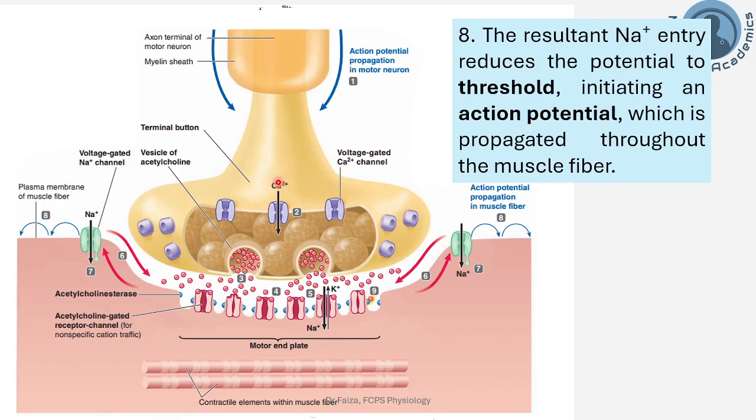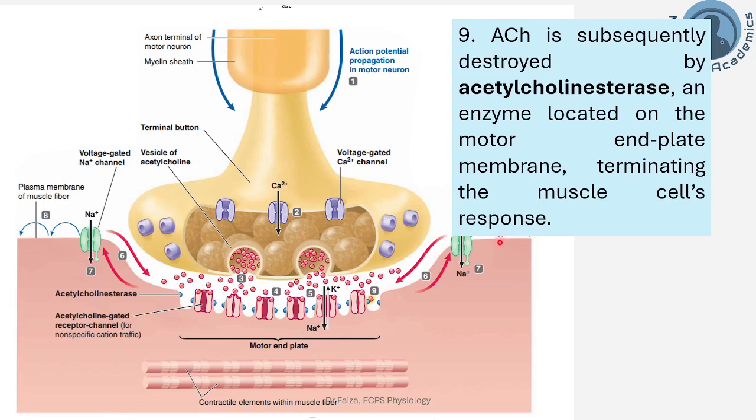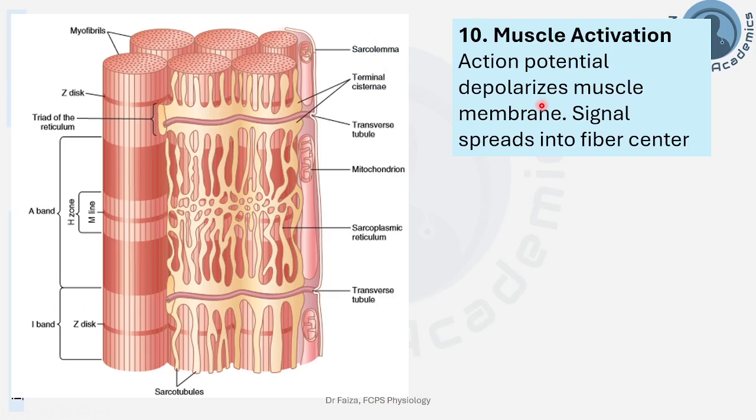So there was first an action potential on the neuronal terminal, release of acetylcholine leading to the end plate potential on the muscle cell membrane. That leads to opening of voltage gated sodium channels. Only if it reaches the threshold will it lead to the production of the action potential on the muscle cell membrane, which will then be propagated throughout the muscle cell fiber. What will happen to the acetylcholine in the background? It will be degraded in a few seconds by acetylcholine esterase, and it will stop working.